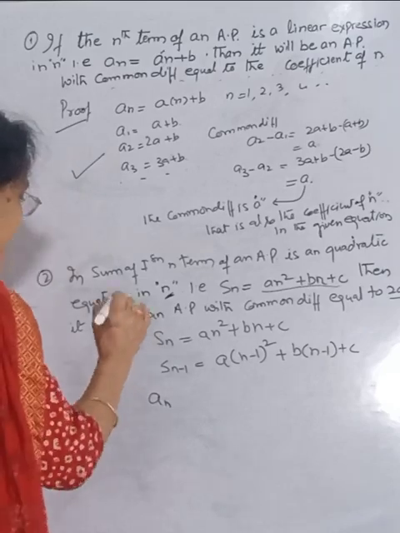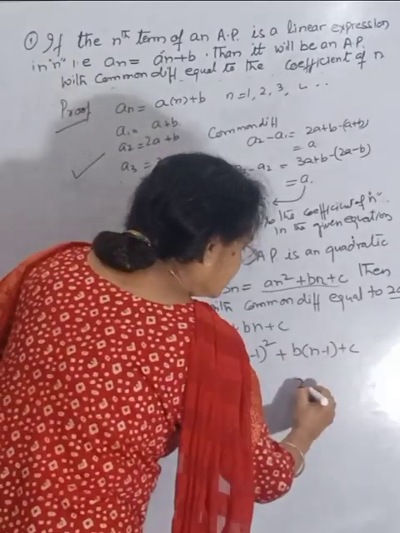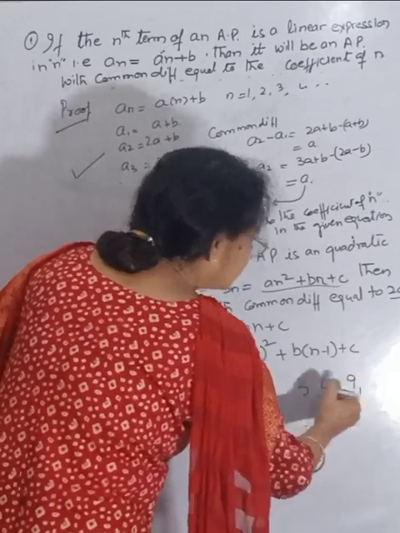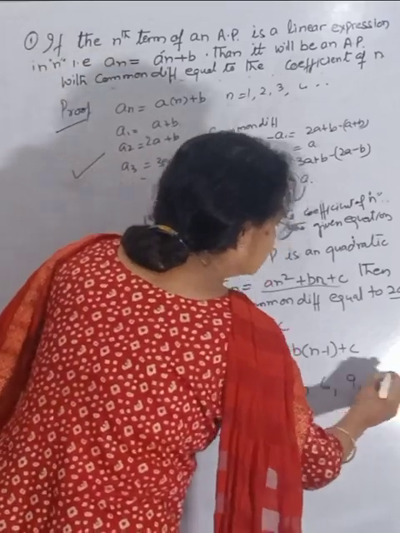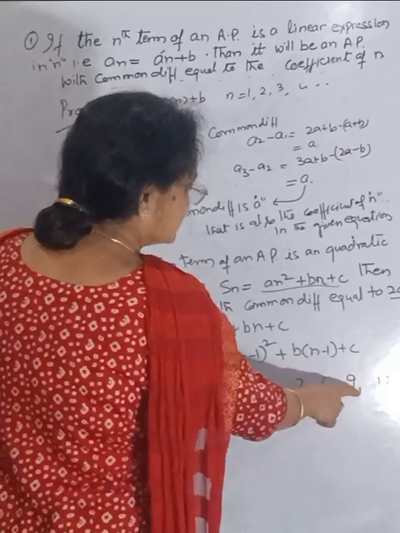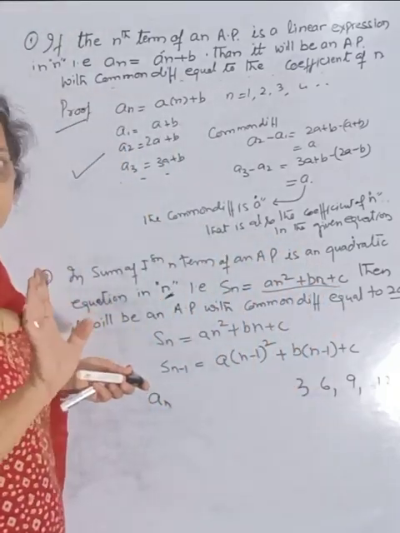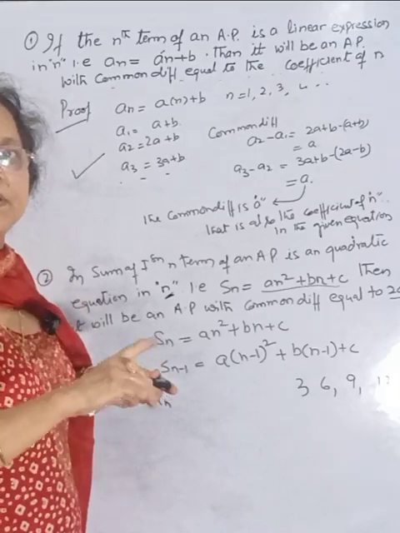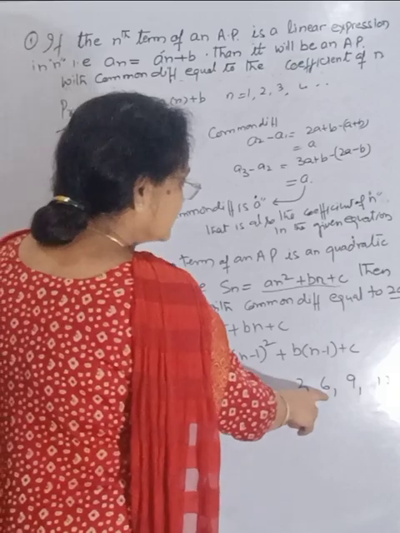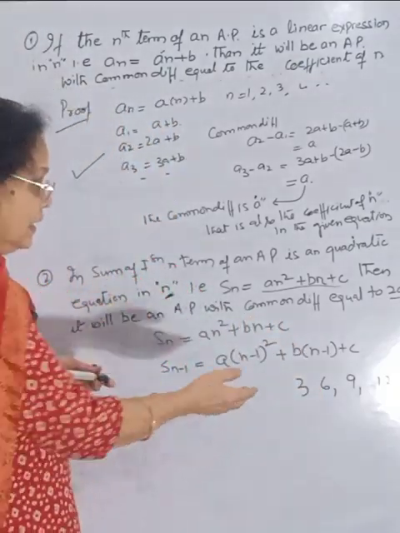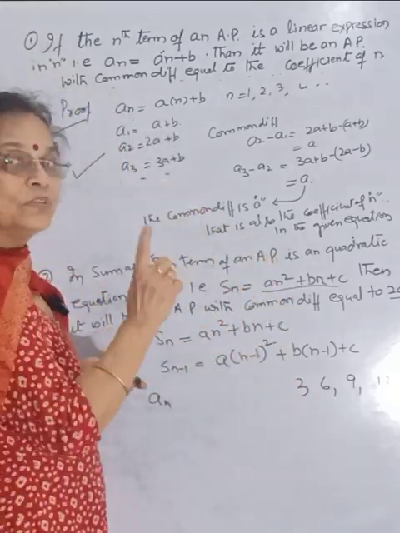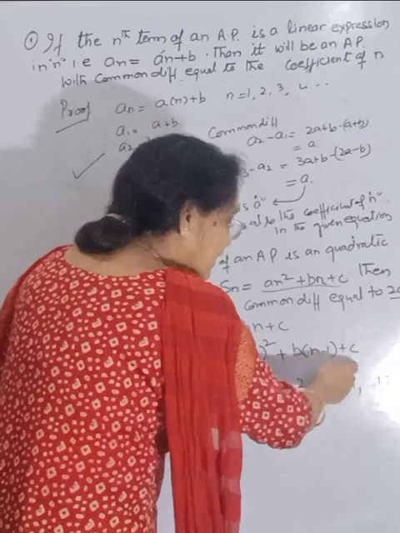ठीक है? एक बार फिर से सुनिए. This is the sequence 3, 6, 9, 12 and so on. Now summary up to the third term is equal to 3 plus 6 plus 9. Third term तक summary 3 plus 6 plus 9 is equal to 18. Summary up to the second term is equal to 3 plus 6 is equal to 9. Then summary up to the third term minus summary up to the second term will be equal to simple 9. It means third term itself.